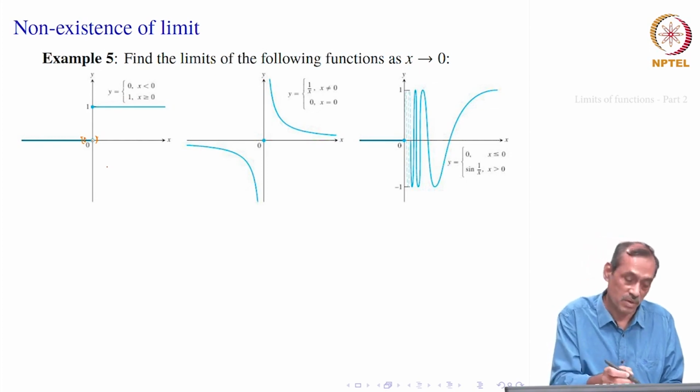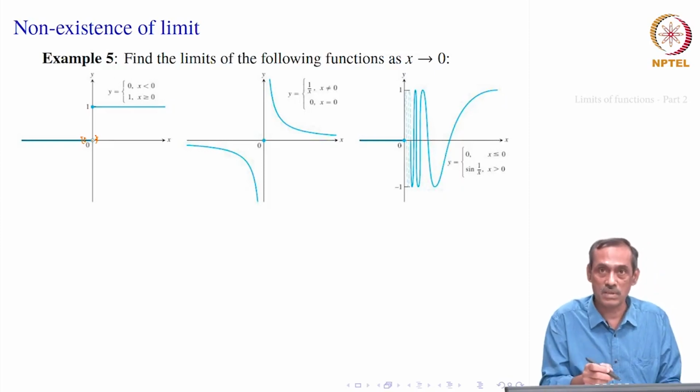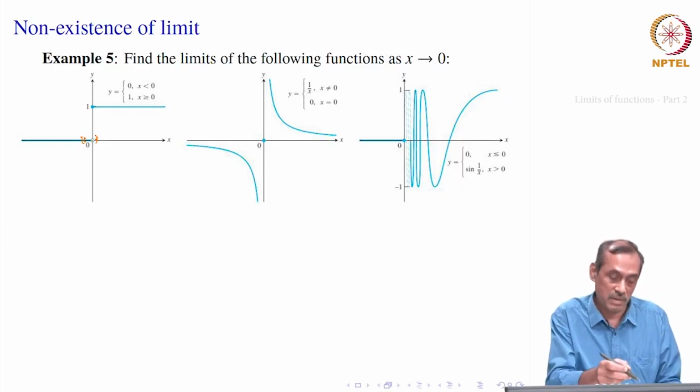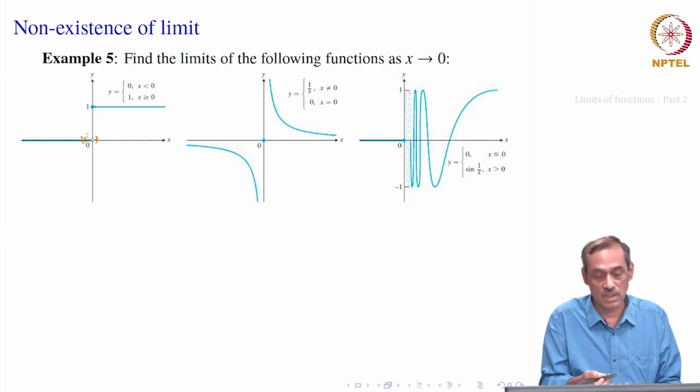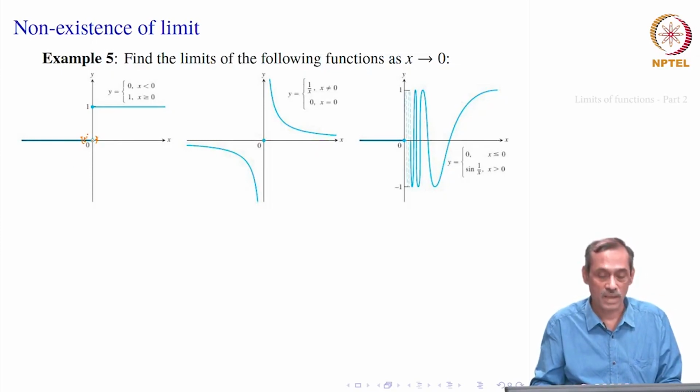If you say it remains close to 0, then I would give a point on the right side and say, what about this? No, it does not. If you say it remains close to 1, I would give a point on the left, and you see that it does not remain near that. So, it neither remains close to 0 nor close to 1, and it remains close to no other number, because it is either 0 or 1. Therefore, this does not have a limit as x goes to 0.